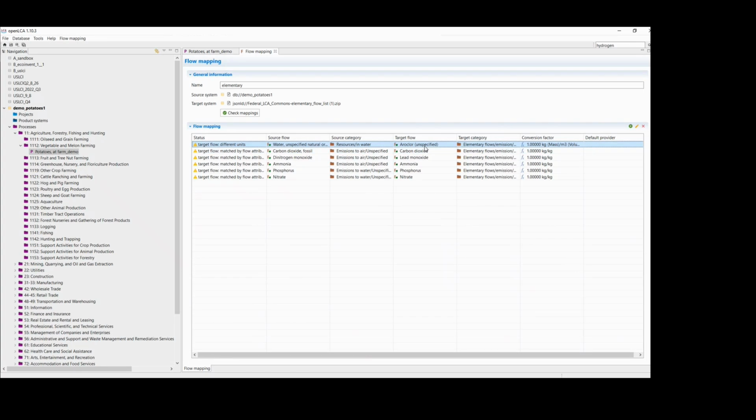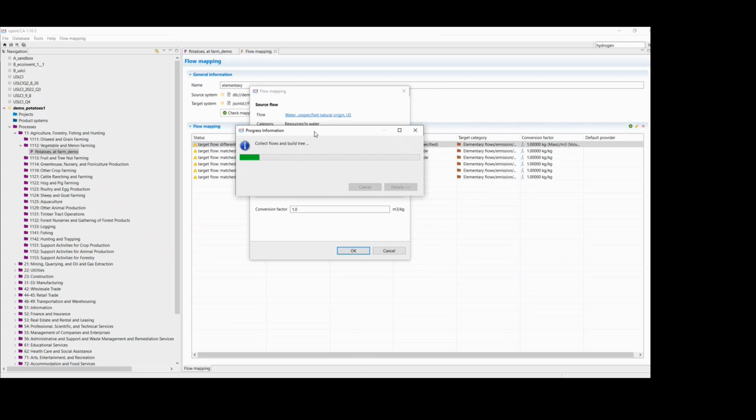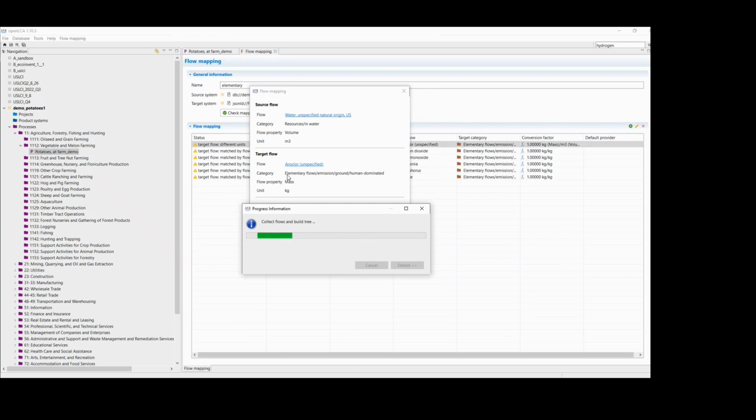So water is being mapped to RQuar in this example. So we'll want to right click and press edit. We can see our source flow up here, and can also see that the unit is in cubic meters, so we'll have to convert that. So we can just click on our target flow to change it.